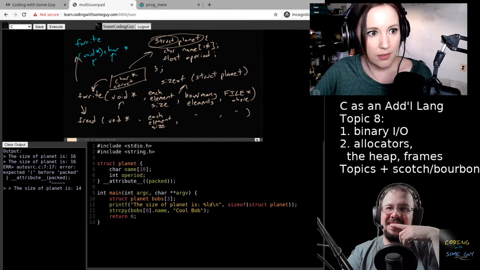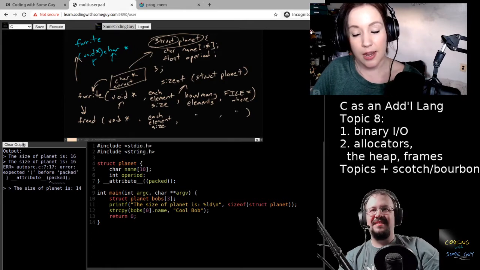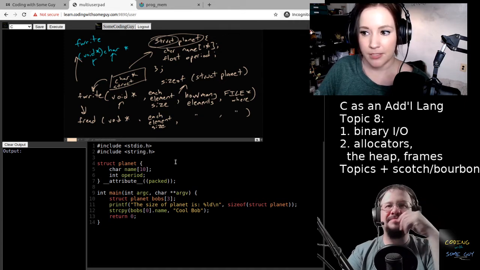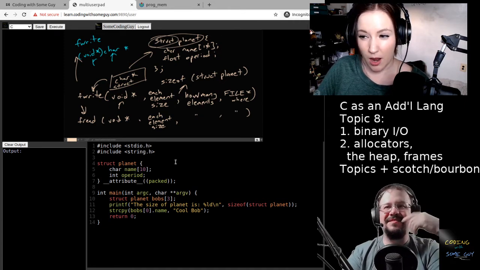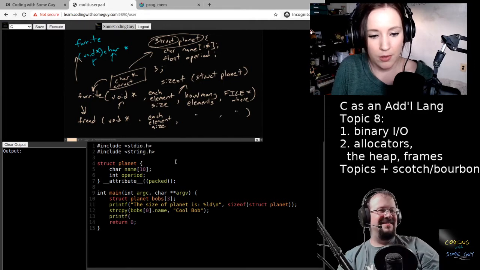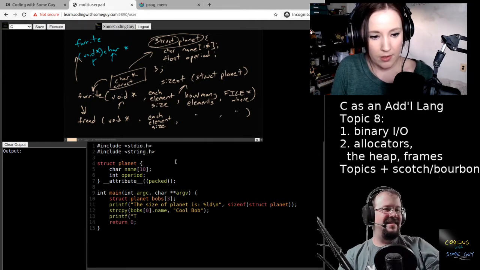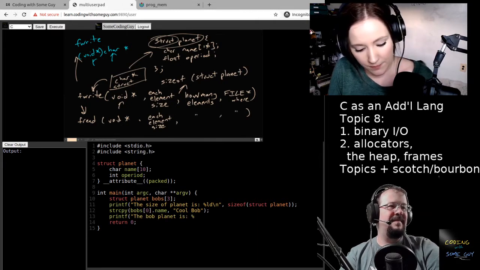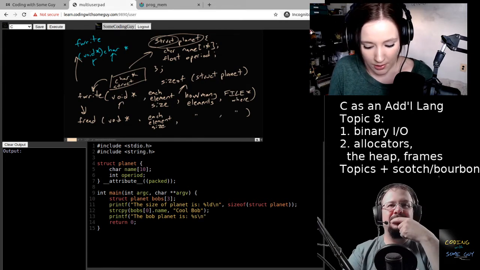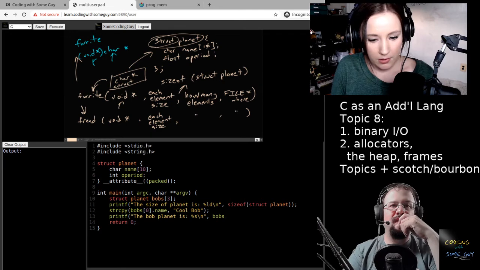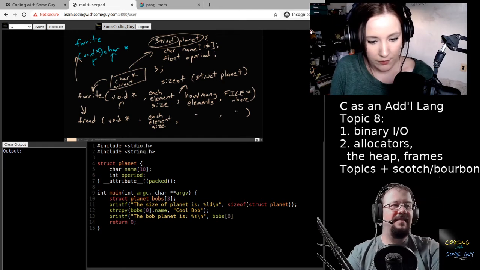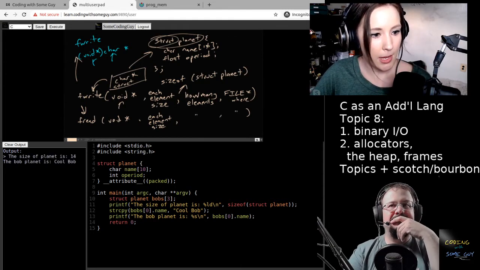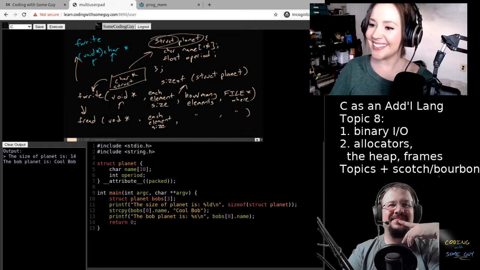Okay. Well, unless it throws an error, it's not going to change the output because string copy doesn't have an output. That's okay. So do you want me to print to make sure that we are copying it appropriately? Okay. So in this case, we want the Bob planet is, and then string, new line, and then Bob's 0 dot name. All right. Nice. Yay! Look at that.